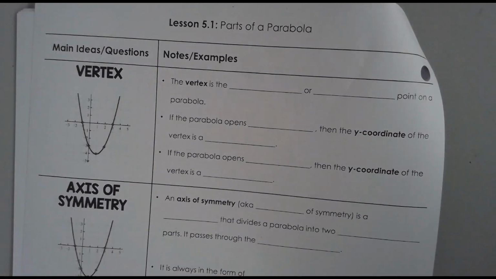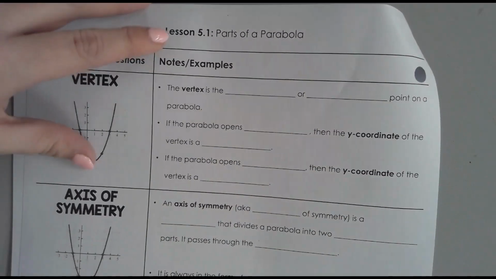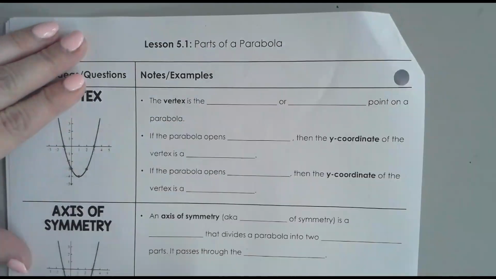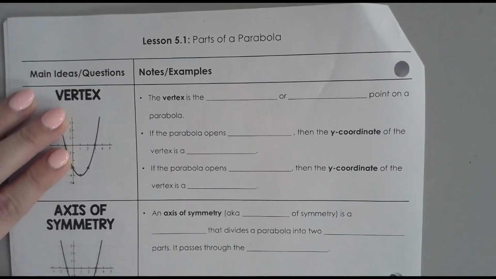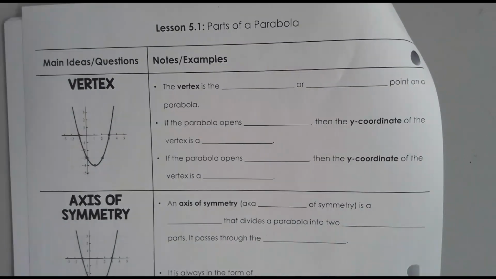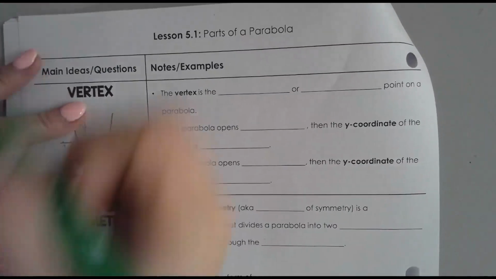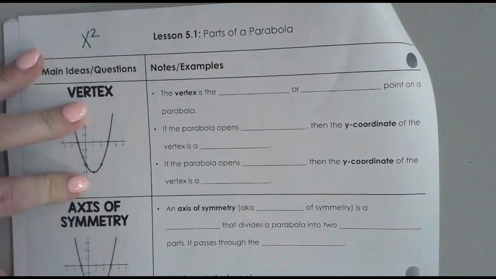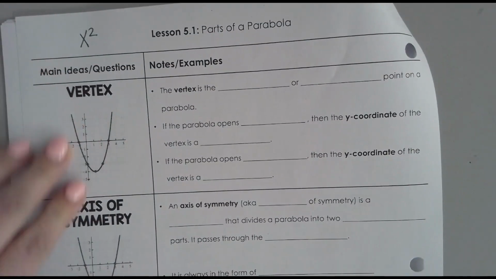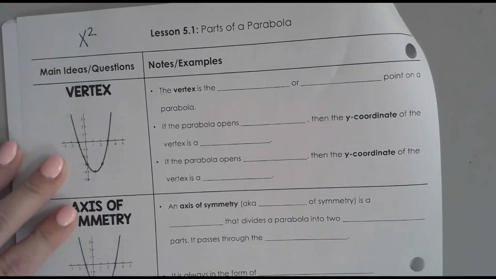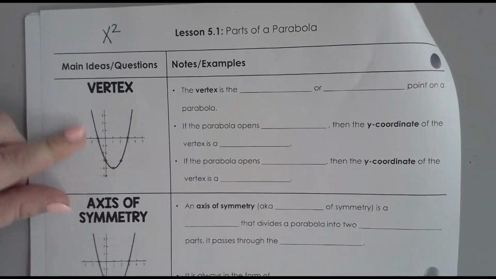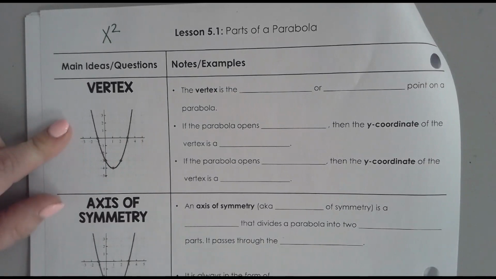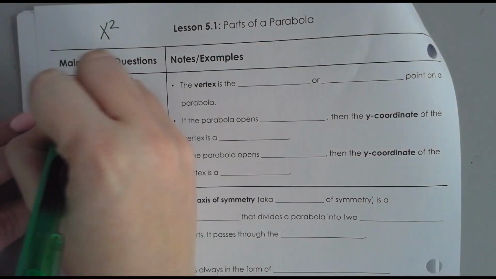...is called quadratics. That is something you probably have not heard before. A quadratic is a type of graph, a type of equation, specifically that has an x squared in it. So anytime you have an equation with an x squared, it's a quadratic, and it's going to have this kind of shape when you graph it. That shape, or that graph, that U shape,